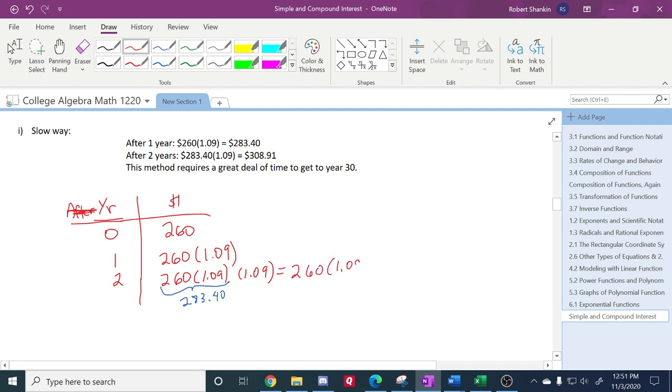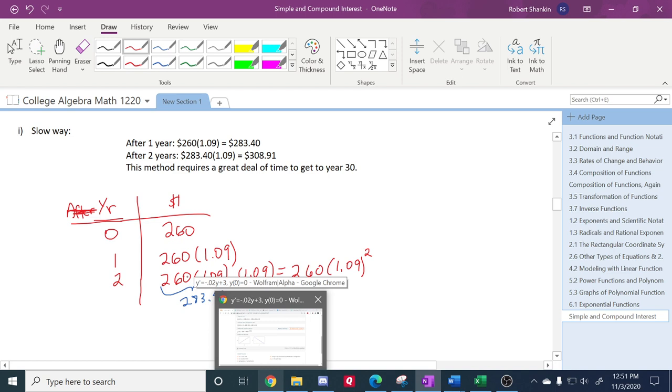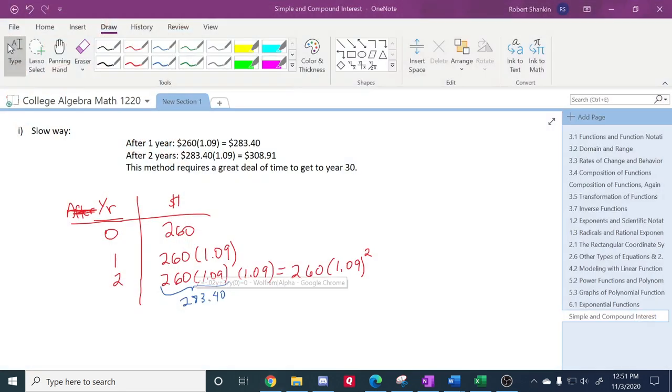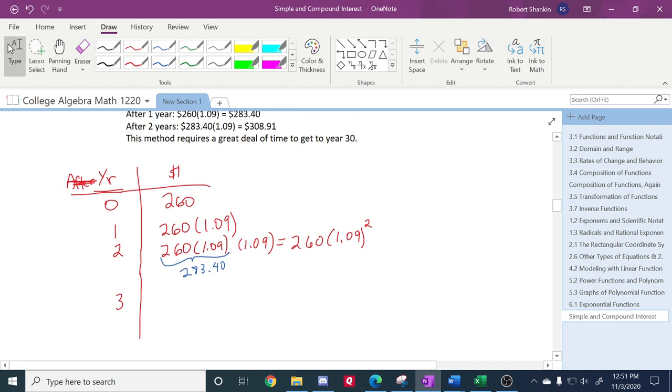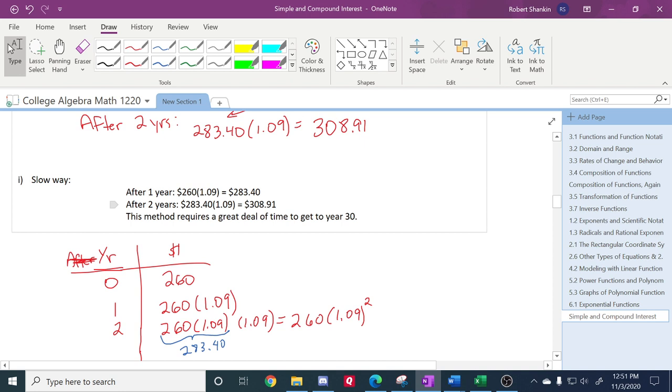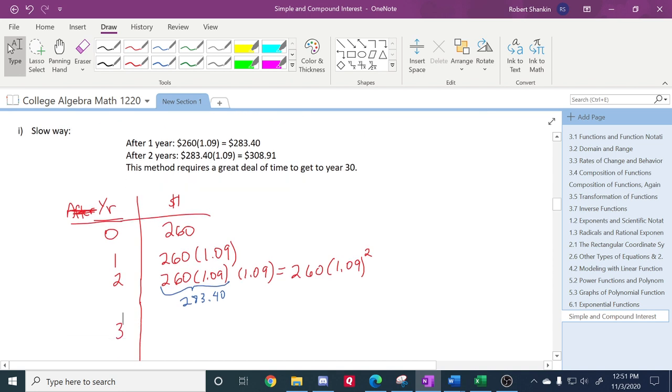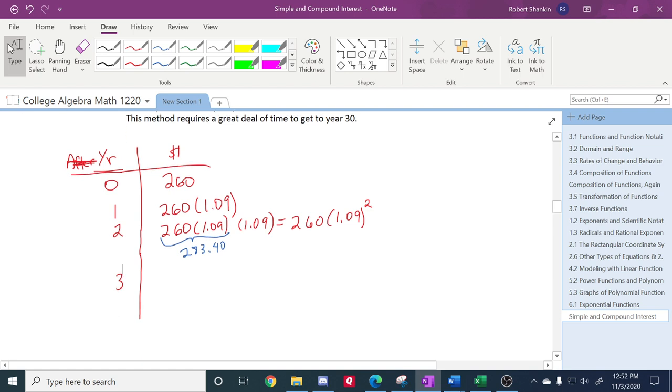I can write it like this, and this allows me this really big shortcut. Okay, so what I see now is year 3. I would start the year with this. Now, I wouldn't put that number, $308.91. I just think of it, that's what I start with. And then what do I do? I multiply that